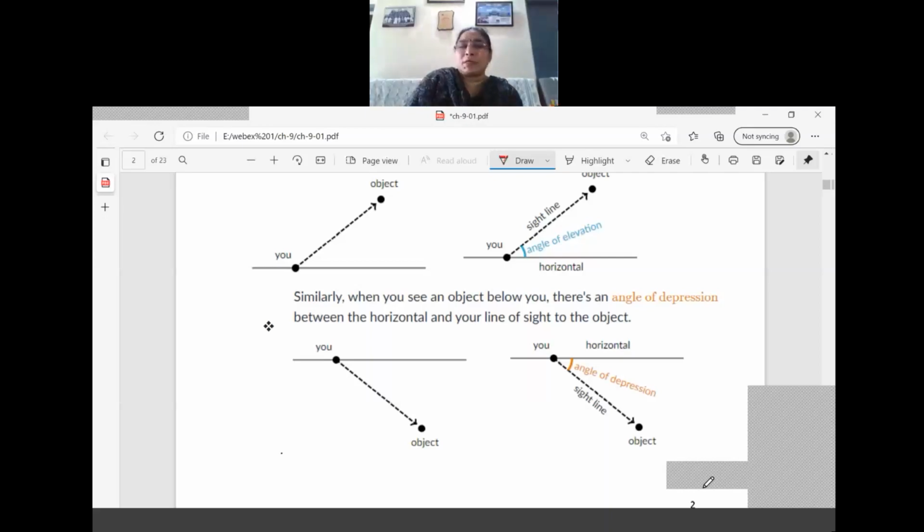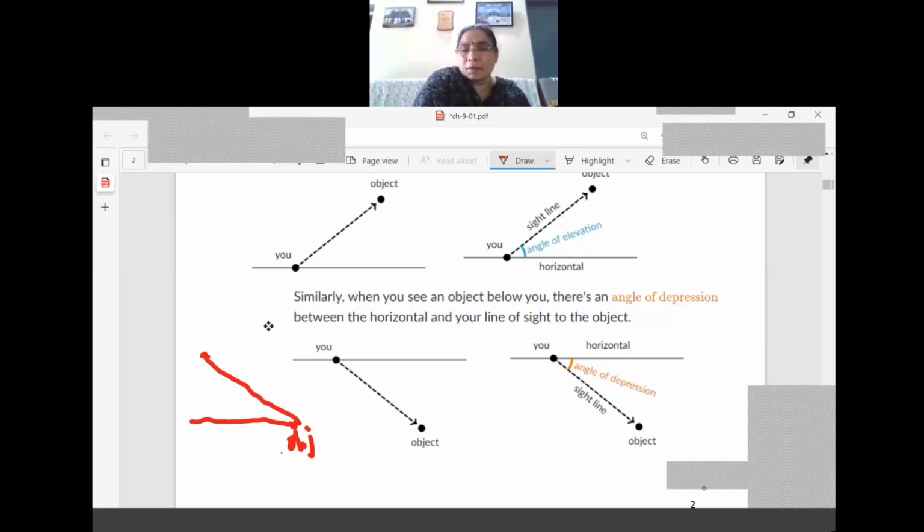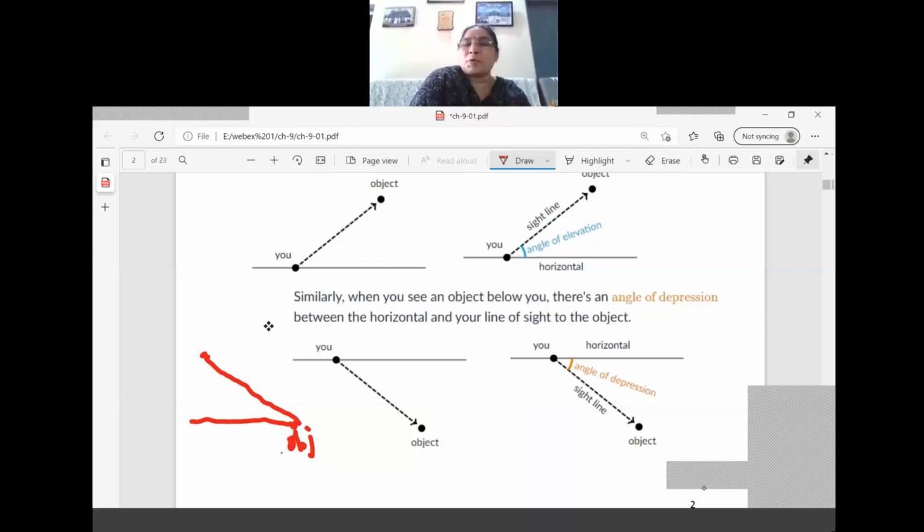Somewhere you are at the top of a hill, you are standing here, and you are observing something on the ground road, say some car moving along. So from the hill you are observing this point. So from here to the object, right? We are drawing a line. Okay, so this is called the line of sight. Before drawing the line of sight, we need a horizontal line. Here this is parallel to the ground. So the horizontal line and the line of sight make an angle, that is called the angle of depression. Now we are looking in the downward direction.